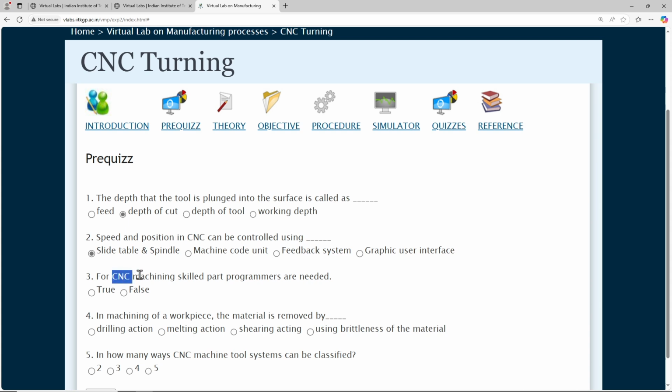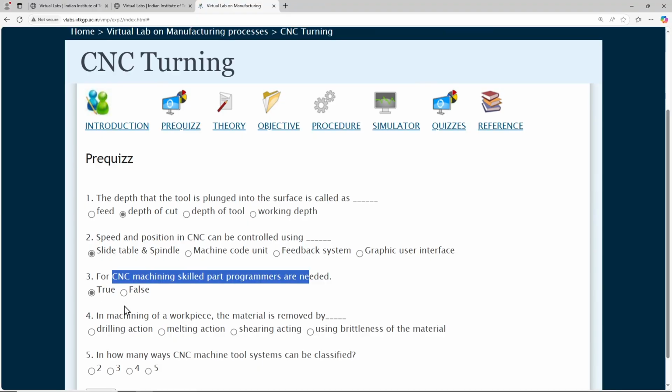For CNC machining, skilled part programmers are needed. Yes, they are needed because part programming is akin to what we do manually. If manually you give a deep depth of cut, a tool tip breaks. Similarly, an accident could happen in CNC machining when the code is not correct. So, skilled part programmers are needed.